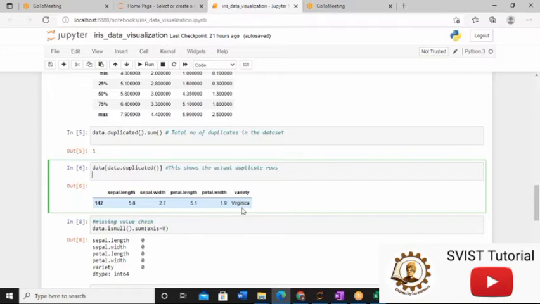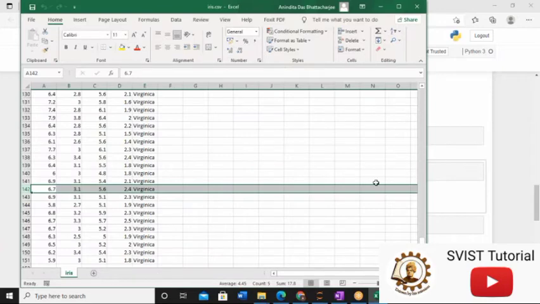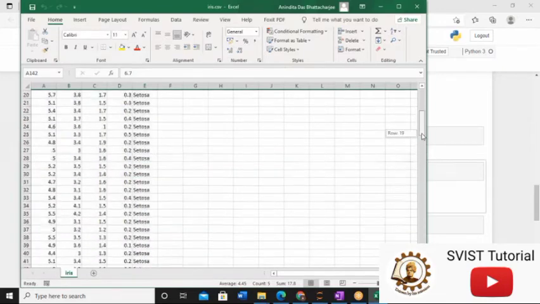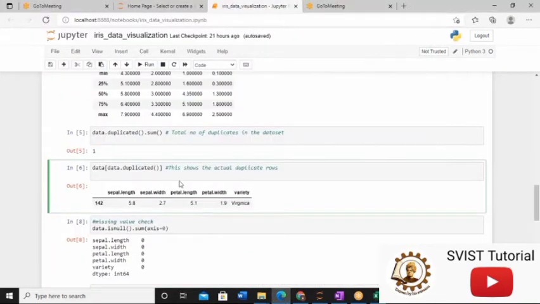And also I will tell you one point why I am not taking any action. There is one more reason. It's common sense. I have a total of 150 values in my data set, so my data set is large. We have only one duplicate value, so it's a very small margin. So in that case, when we have a very small number of redundant values in our data set, it is better to avoid deletion of this row. So this is another reason.